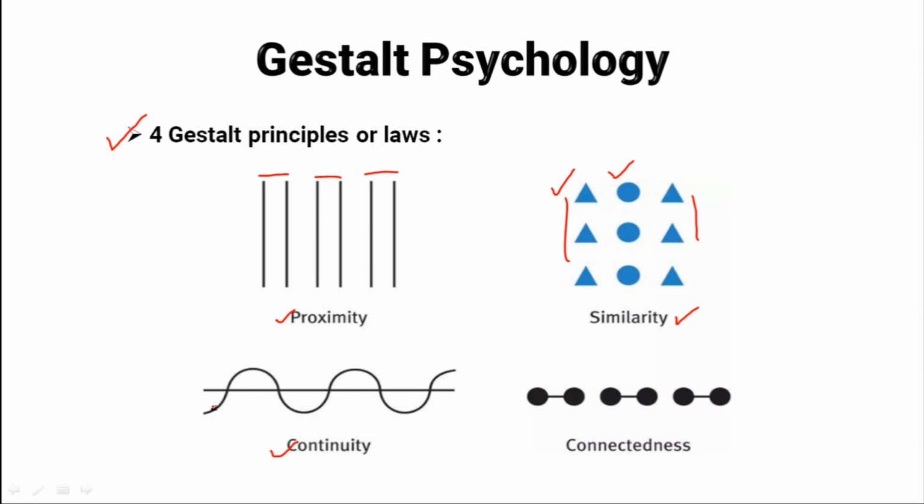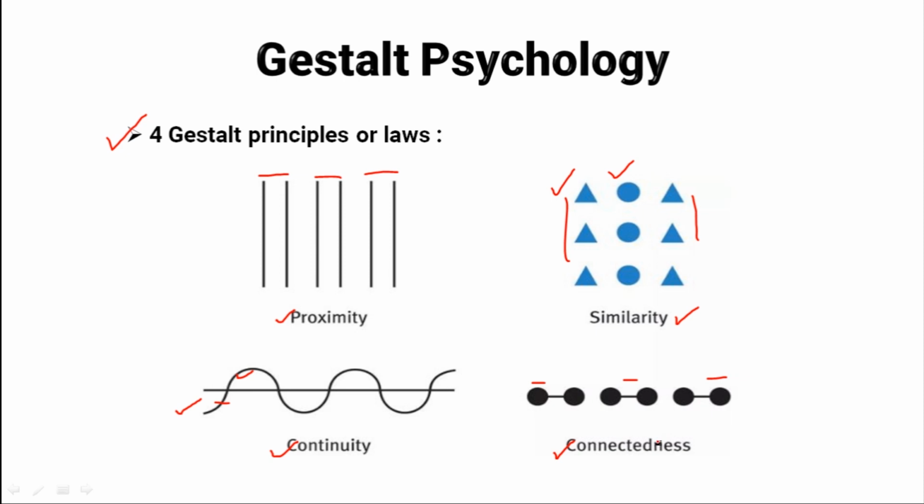Despite the fact that one part of the curve is different from the other, our brain recognizes the overall continuity and perceives it as a single continuous curve. Now, similarly, when I show you this, what do you see? You see three interconnected dumbbells. Our brain naturally groups them together as one entity rather than perceiving them as separate balls connected by sticks. So the idea of grouping them together is what is called Gestalt.